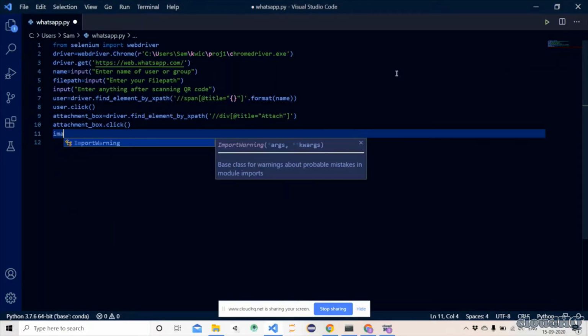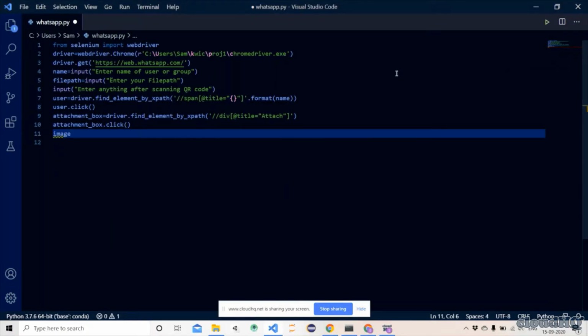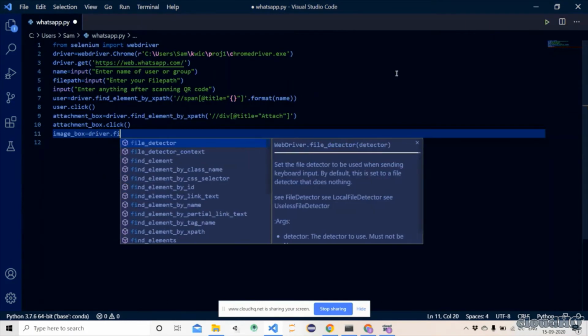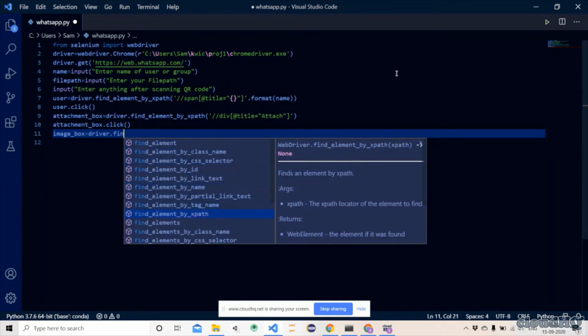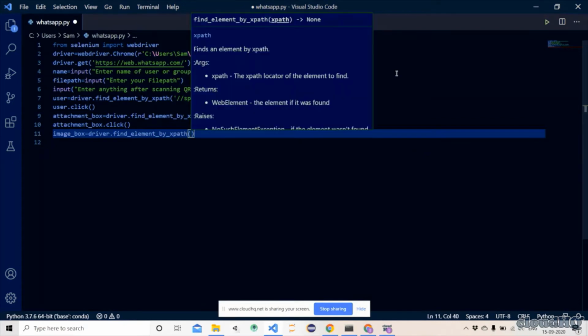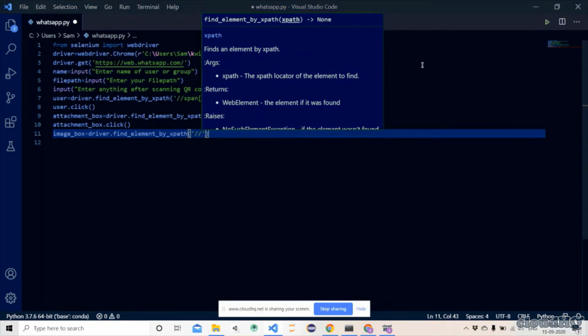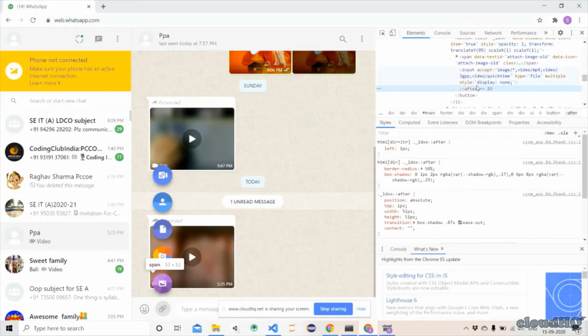Then I would name this variable as image box. Driver dot find element by XPath. I would just copy this.